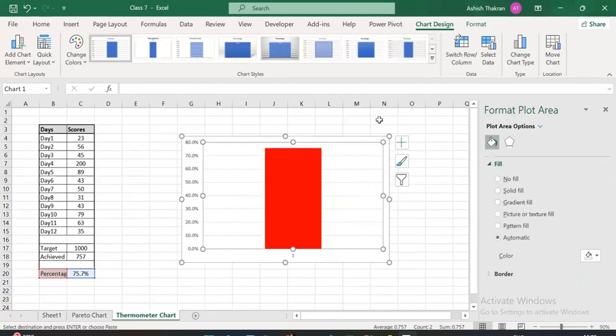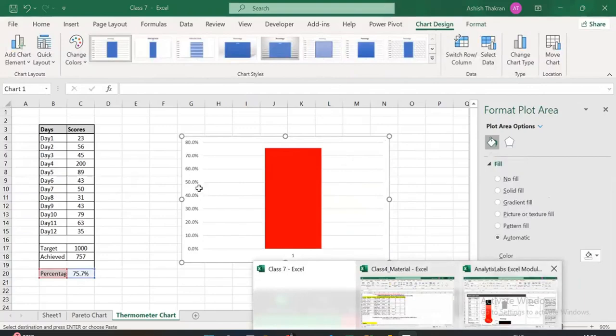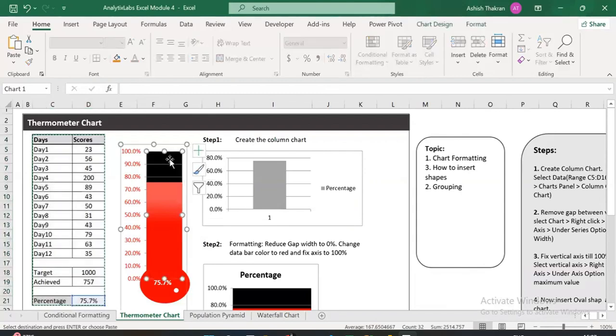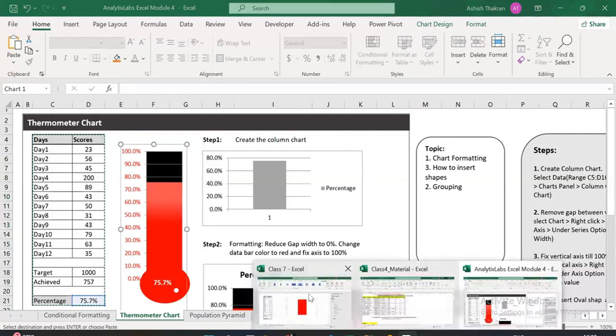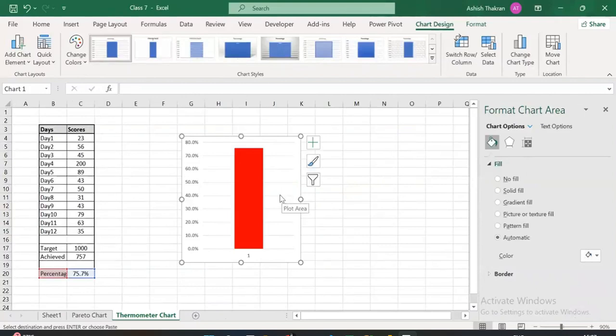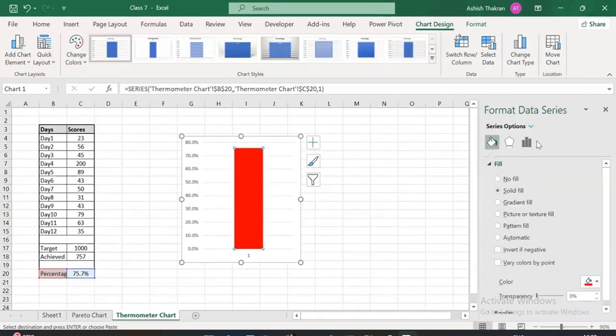Done. What I want to do now is, see, if you see this chart, you are not able to see any white area, right? It is just black area, which is the plot area. And the red area is the bar area. So that means the plot area and the bar area are overlapped, right? Can I overlap this by increasing or decreasing the size of the chart? No, this won't happen, right? So what I can do is I can simply click on this, go to this option,